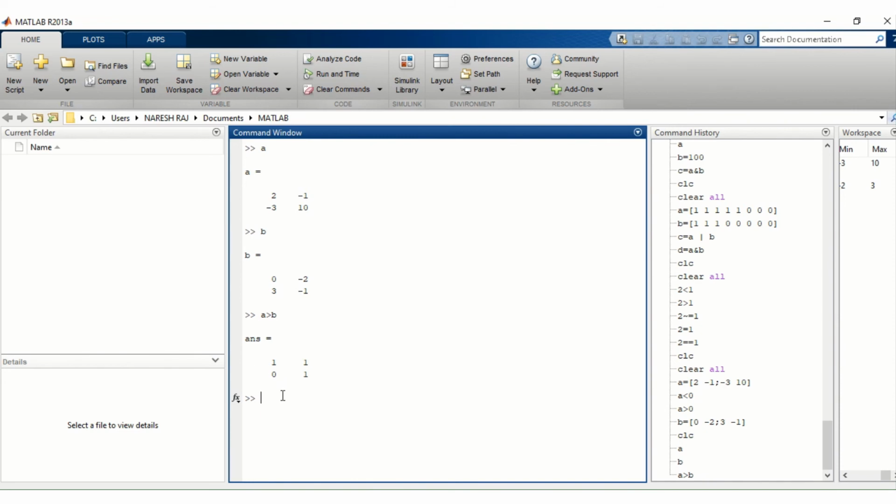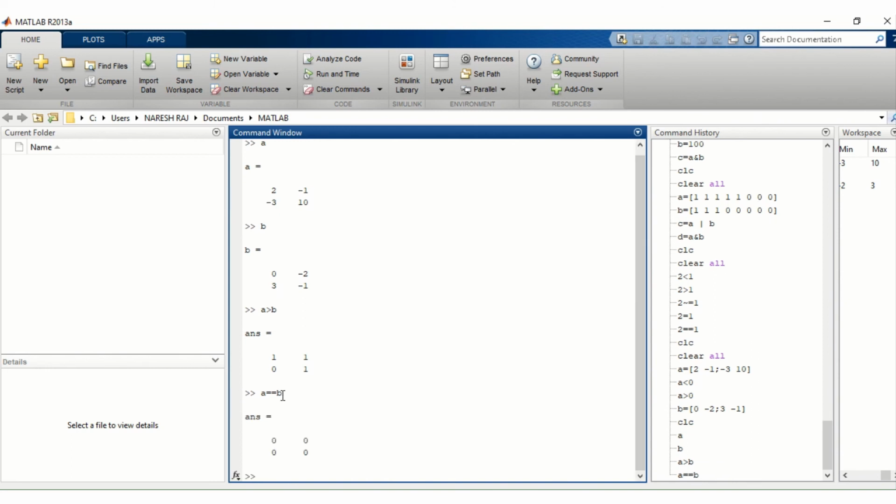So with the help of this relational operator, we see how we can compare these two matrices. Now if we want to see A is equal to B, we check whether any element of matrix A is equal to the corresponding element of matrix B. Okay, let's see.